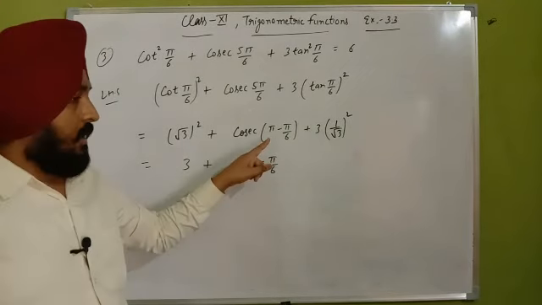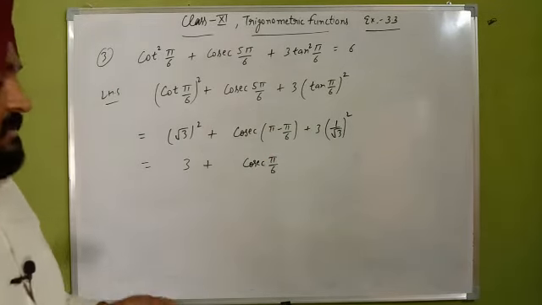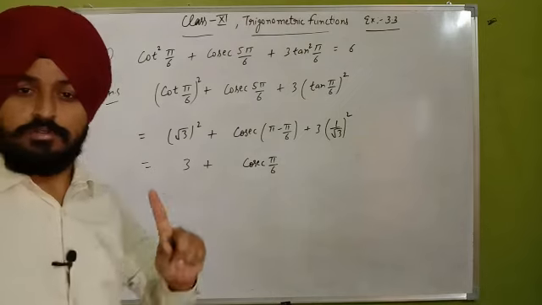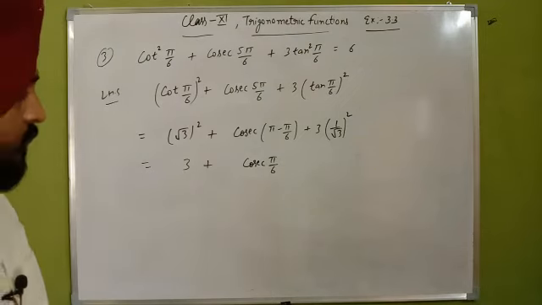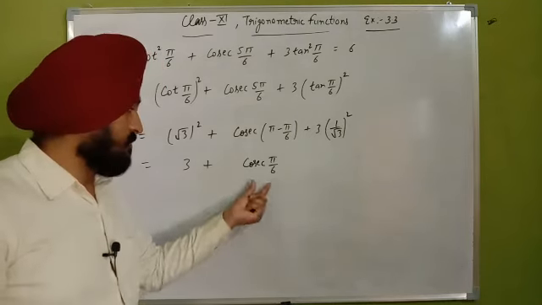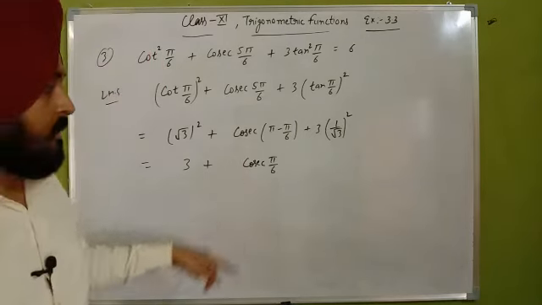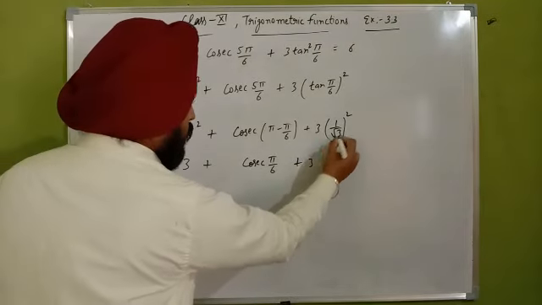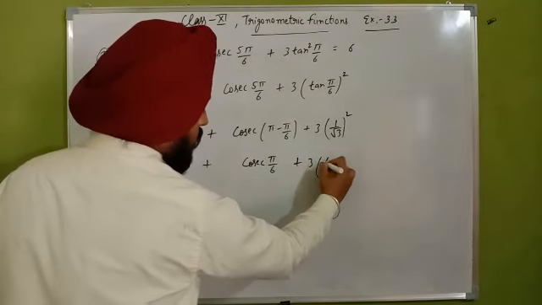And check the quadrant now, pi minus is there, so it will go to the second quadrant, and we know that in the second quadrant sine as well as cosecant both are positive, so it will remain positive there. And value here 3 into square root 3 whole square gives you 1 over 3 there,